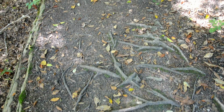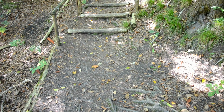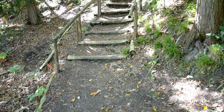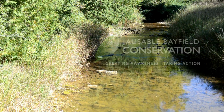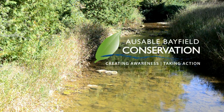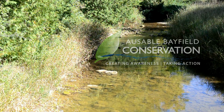Welcome to Bannockburn Conservation Area. We promise you'll get some exercise, fill your lungs with fresh air, learn about nature, and escape from the stress of everyday life. The Ausable Bayfield Conservation Authority, the ABCA, purchased this property in 1973 to protect the Bannockburn River